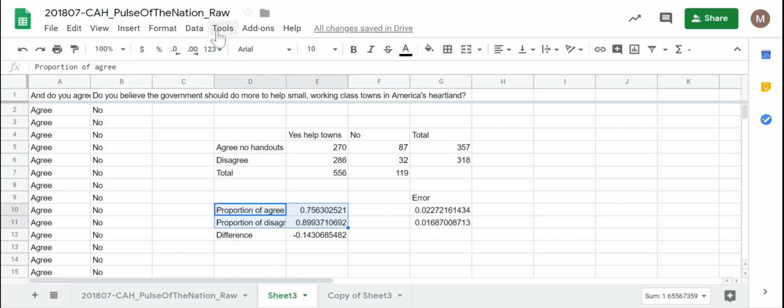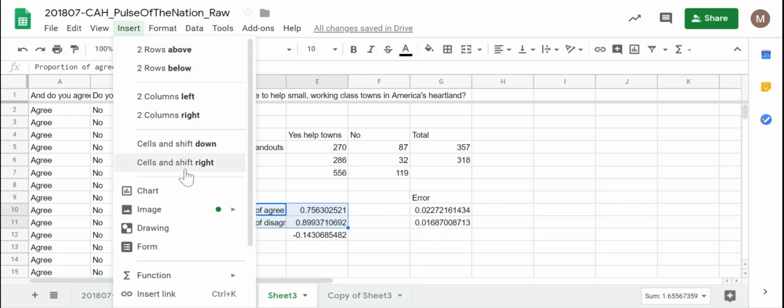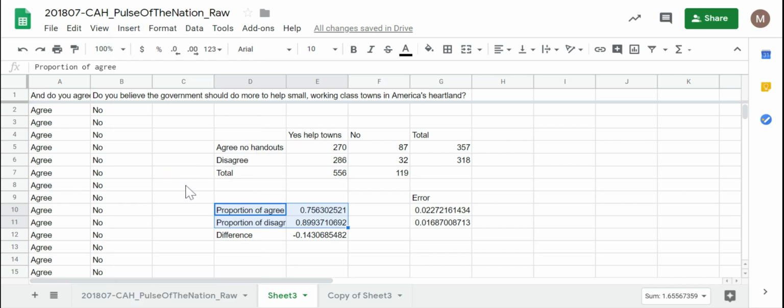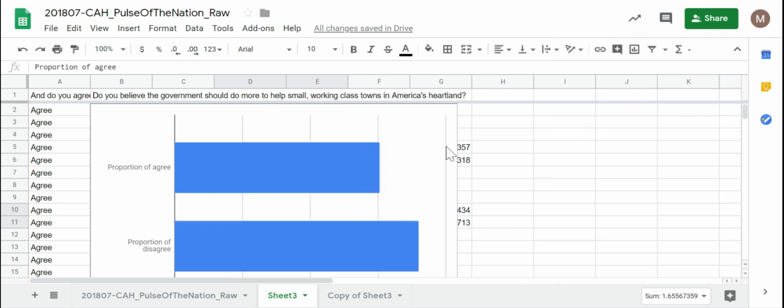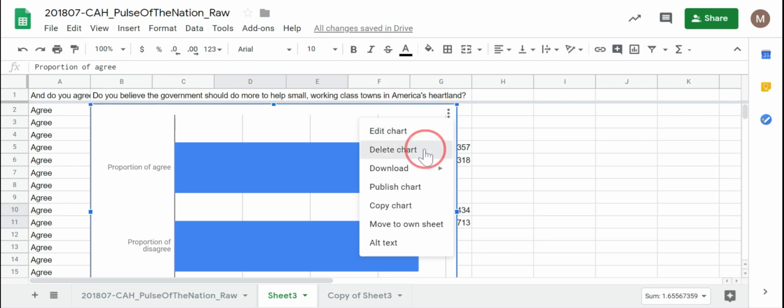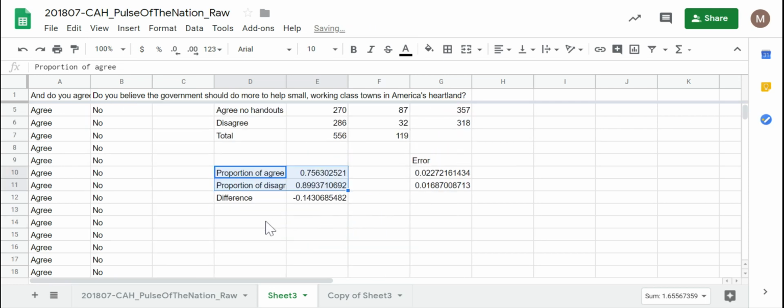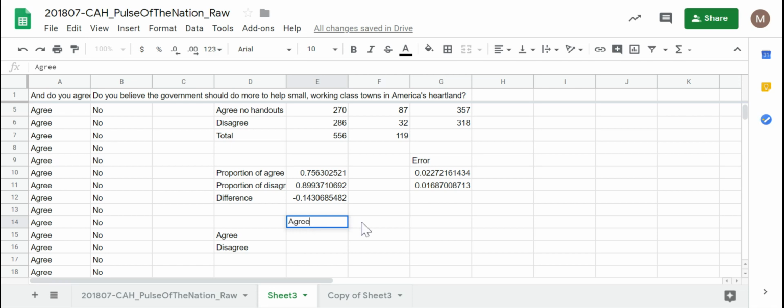I could just highlight these and go insert chart, but if I do that, I tend to get a pretty janky chart that makes it impossible to give different standard error bars for each of these two, and they do have different errors, so this really isn't going to work for me. Instead, I'm going to do this little hack with Google Sheets. I'll put the agree here, I'll put the disagree here, and then weirdly, I'm going to type that again here and here,